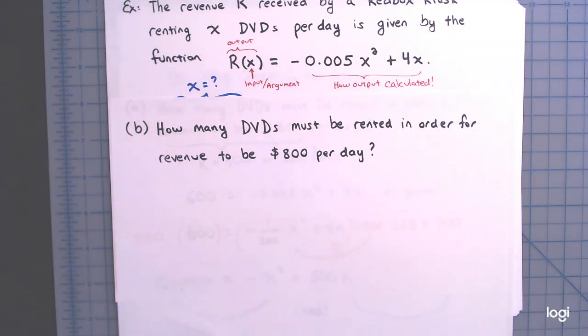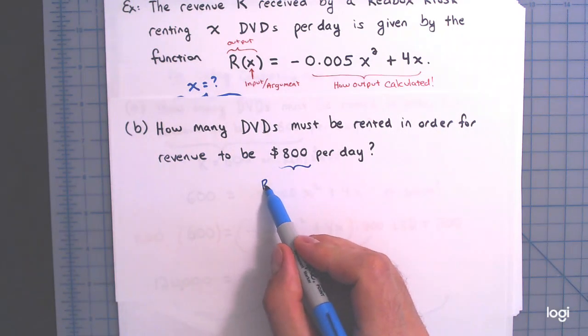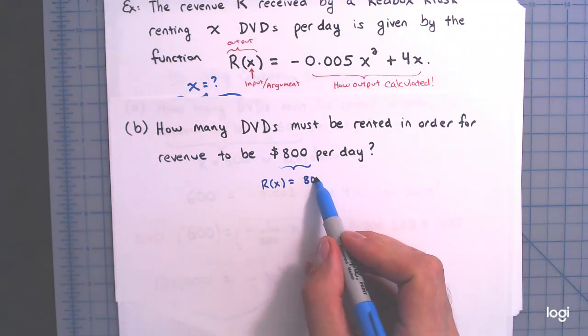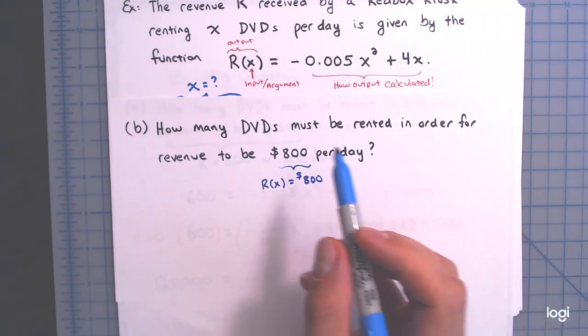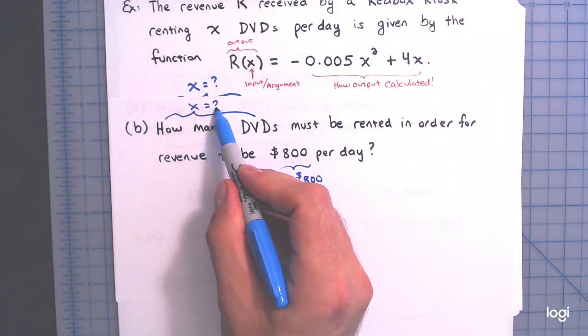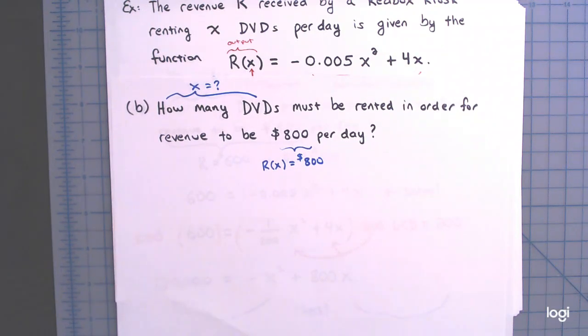So not much changes here except for the revenue, right? So R of X, or just R, equals $800. That's what's given to us. And then again, the question is how many DVDs, right? So they don't know X, right? So it's exactly the same as last one, but the revenue now is, I want the revenue to be $800